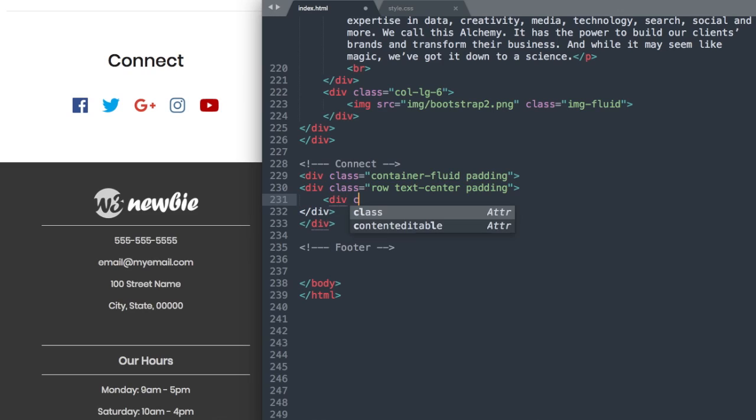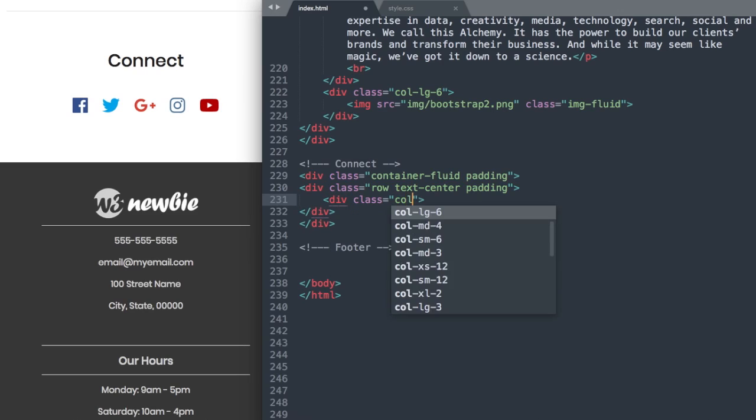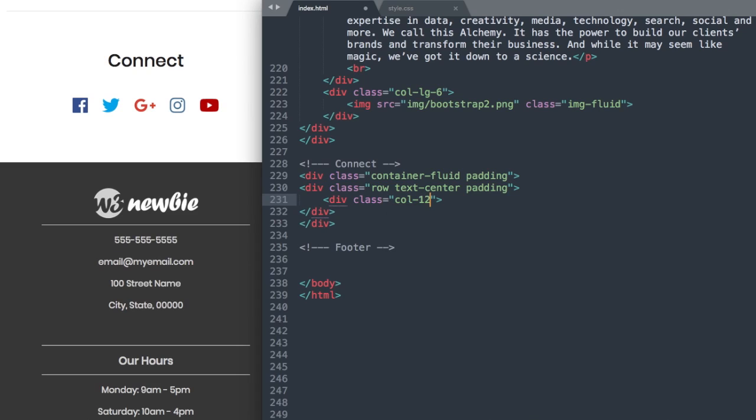So we'll say div class col 12, and then we'll have our heading 2, and we'll just write Connect, and then we can close out our div, and then we'll have